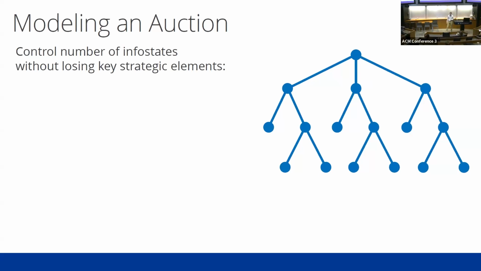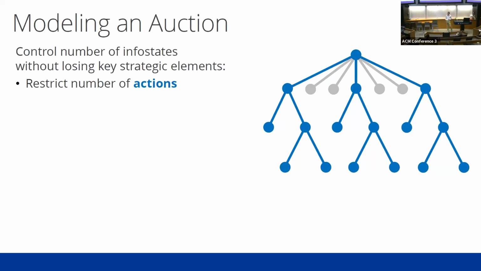And so it's critical to control the size of the game, to limit the number of information states without losing any of the key strategic elements that make an iterative combinatorial auction what it is. And thankfully, we can do that. There are many choices that we can make that can limit the size of the game tree. We can restrict the number of actions. Instead of studying auctions that have bundles with hundreds of products, we can look at auctions that have maybe just 2 or 3 products, which still has a bit of a combinatorial flavor, but doesn't have an enormous combinatorial explosion